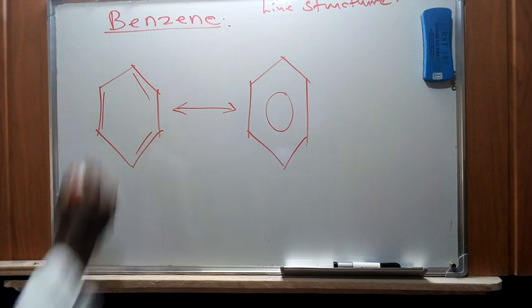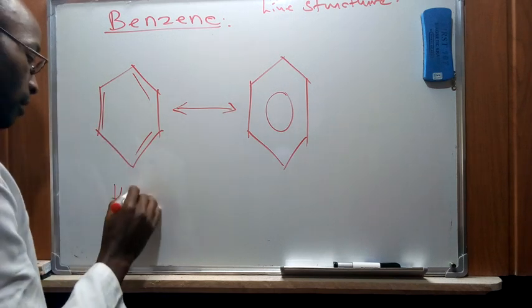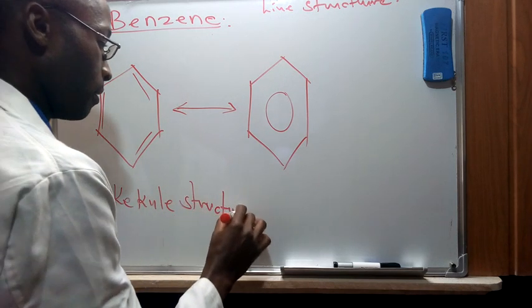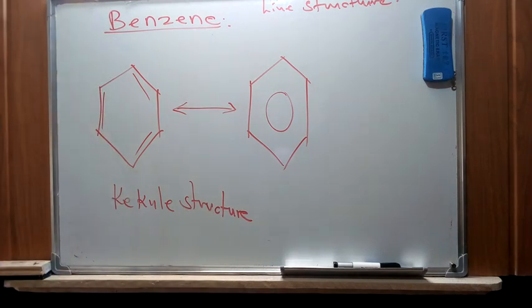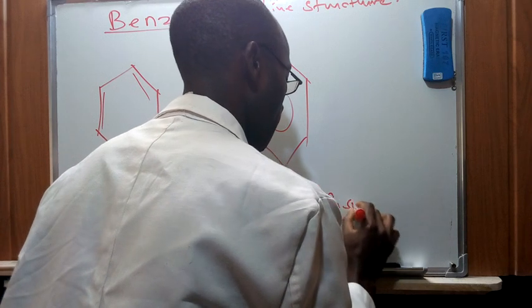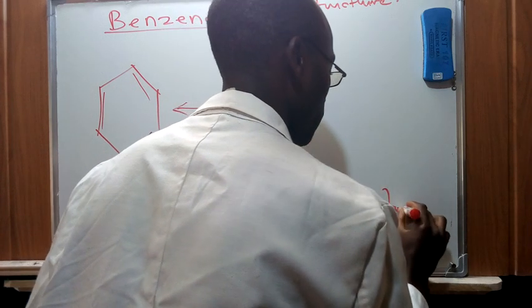In this case, the first structure is known as a Kekule structure, while the second one is known as the Robinson structure. So whenever you come across